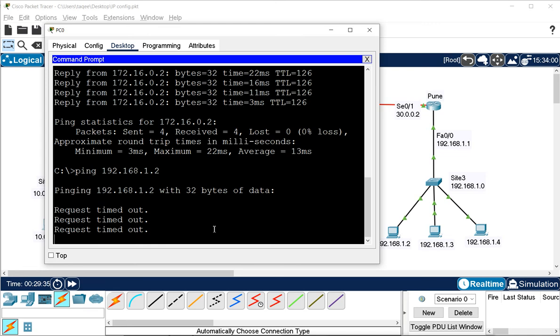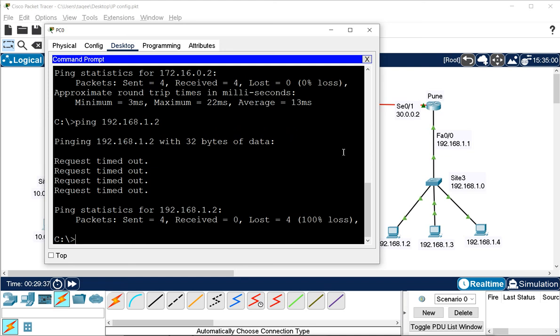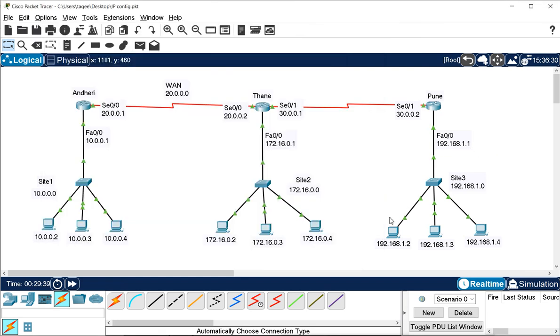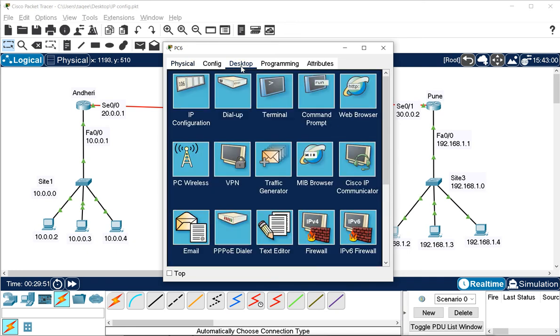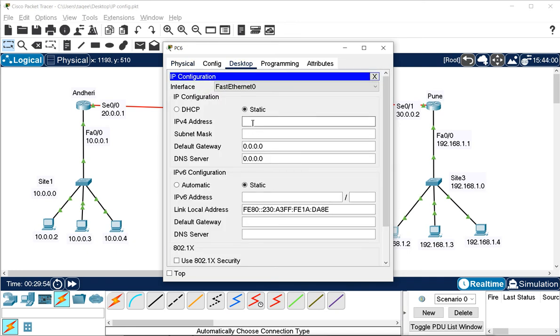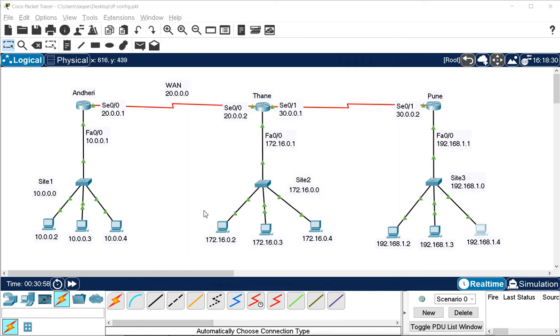Now why am I not getting the reply? This is also interesting. You should know why it is not getting the reply. Remember, in these networks you have to mention the gateway, otherwise it will not get to the router. In these machines, if I check, I have not mentioned the gateway. I go to IP address. Okay, I have not even configured the IP addresses. So let me configure the IP address and gateway properly. Make sure you configure the IP and gateway properly, so you will get the reply.